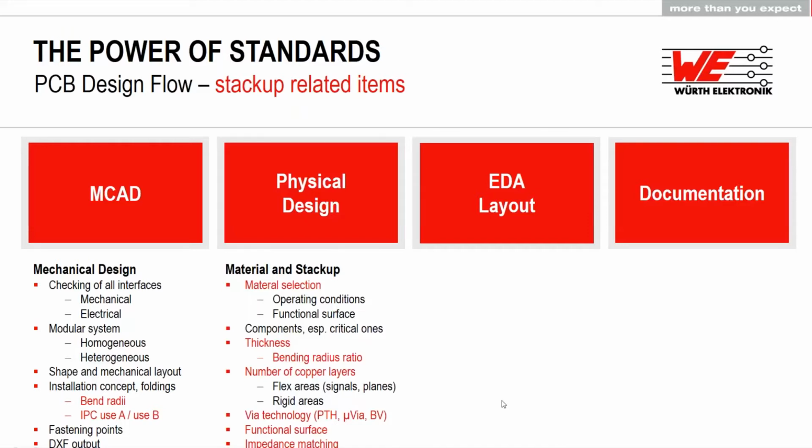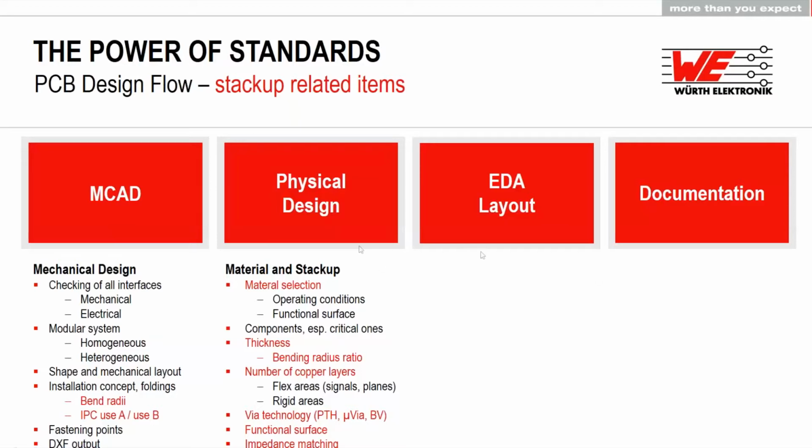Regarding the physical design, of course, there is a dependency on the material selection. So what are your operation conditions, your operating profile? Next is thickness, of course, and again, thickness of the flex means which bending radius ratio do we have, the number of copper layers, which kind of wire technology do you need to connect your components, the functional surface depending on the assembly and soldering technology,